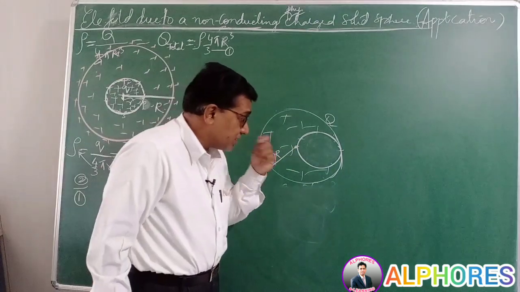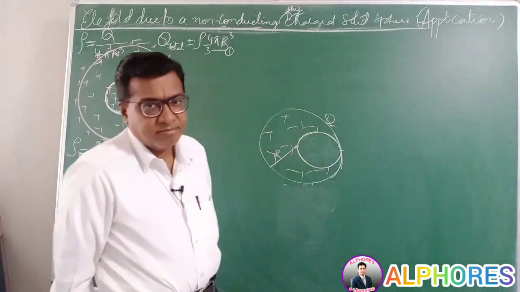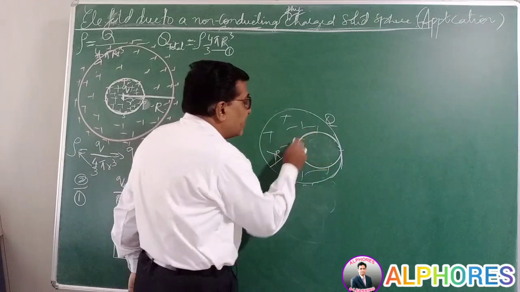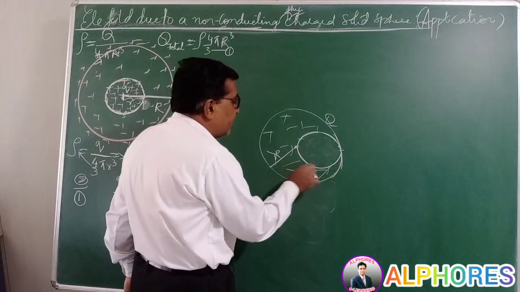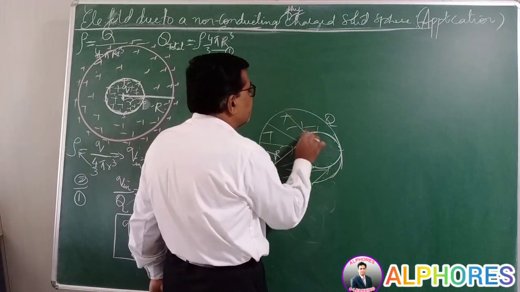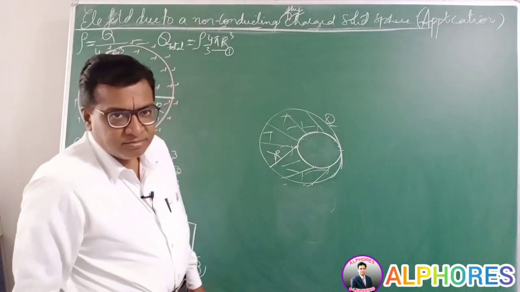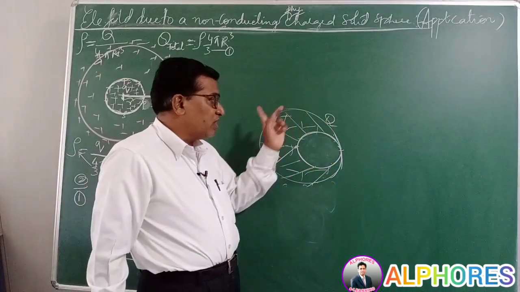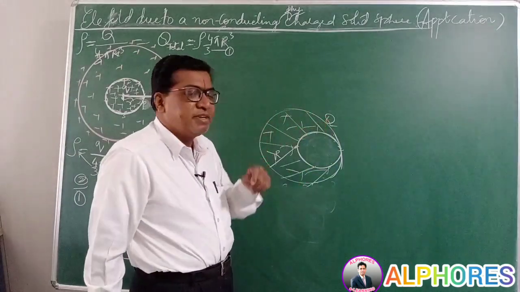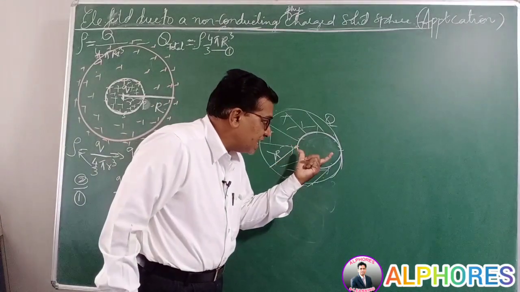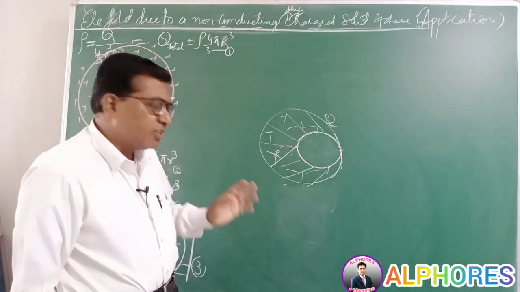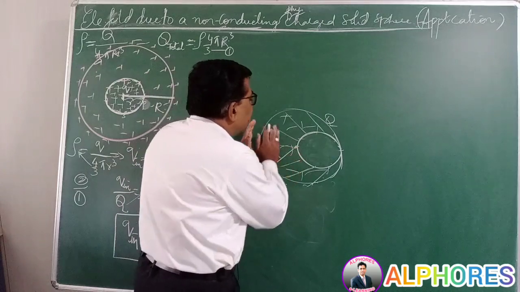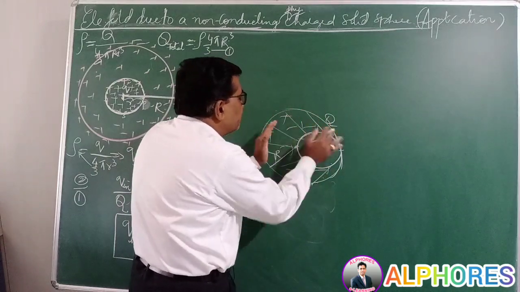Now, what is the charge possessed in this sphere? Suppose there is a cavity, a hole like this. What charge is missing from this sphere? Charge missing. Had the total charge been capital Q, what is the charge contained in this smaller sphere? Now here also, since the charge distribution is uniform,